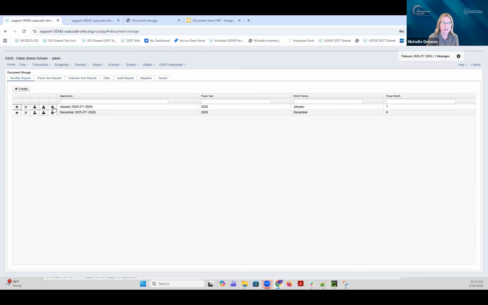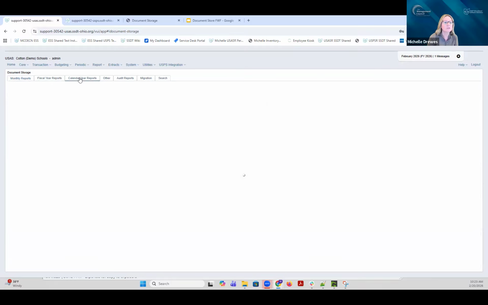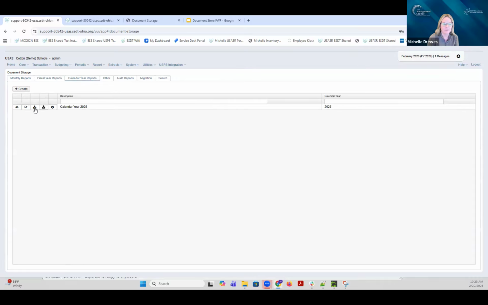Okay, and like I said, I've got reports in the monthly. I have reports in the calendar year end. Again, the grid looks the same. It behaves the same way in USPS as well, but we'll get into that in a little bit. So here are all the different tabs that were in File Archive that are now in Document Store. If I go to the Migration tab,